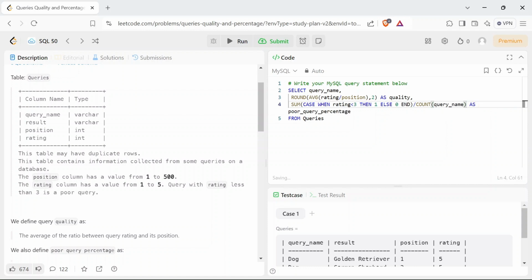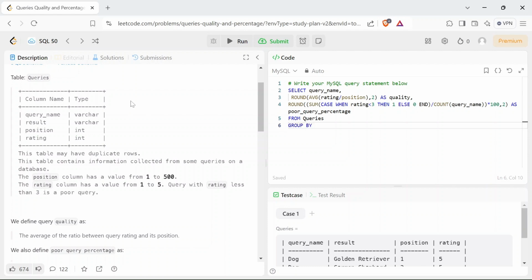But here we need to convert it into a percentage, so multiply by 100, and we should round it off to 2. For this I'm using the ROUND function, from Queries, and we need to